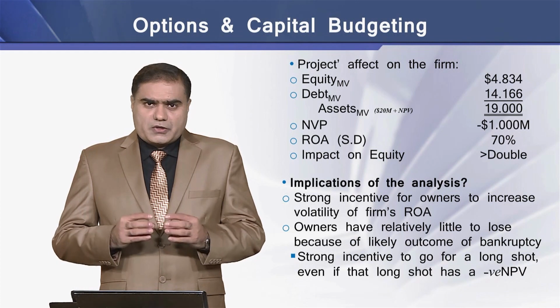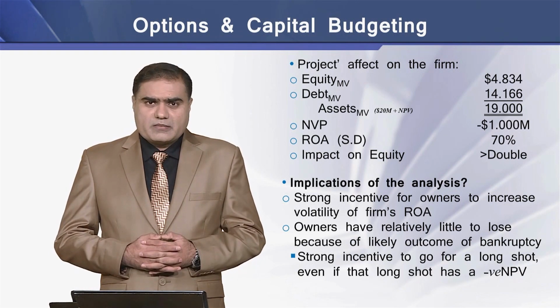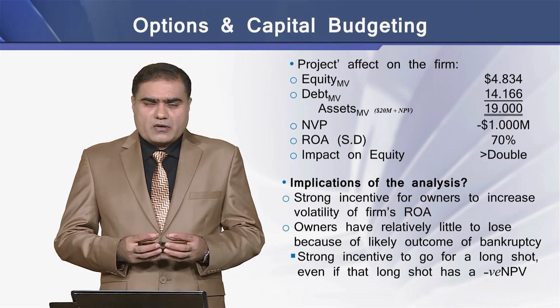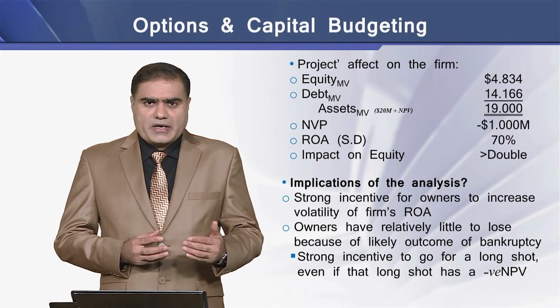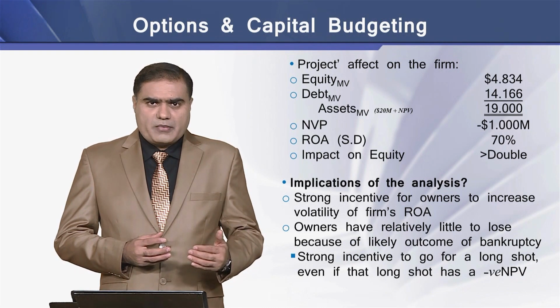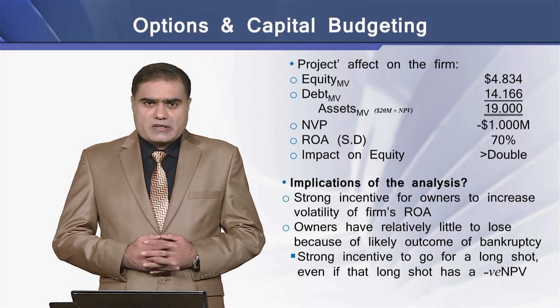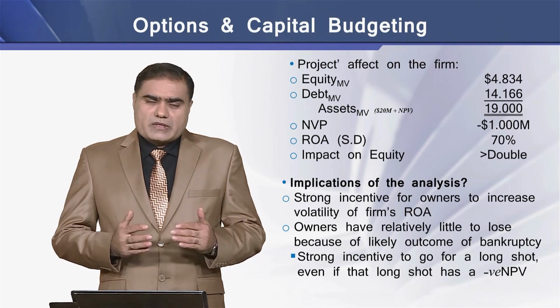Therefore, the total market value of the assets of the firm is equal to $19 million, which is equal to the $20 million of the earlier market value of the firm's assets and a negative NPV of $1 million. The return on assets with the standard deviation of this firm is 70%, which is again much higher,